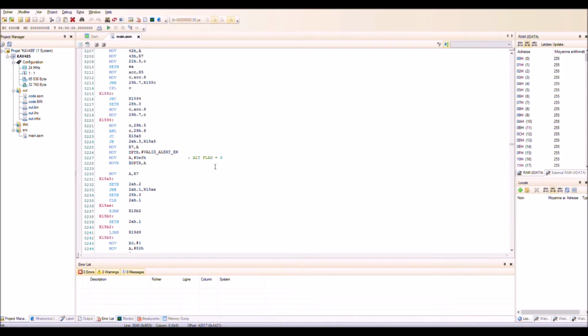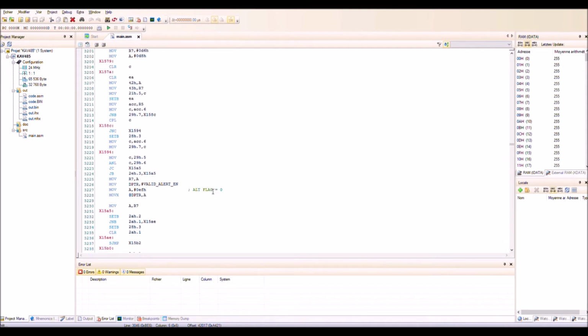We can find here the altitude flag, which is reset on this line here, this move X. But it is difficult to understand the reason of this. I wanted to do this disassembly in order to find the conditions for the reset of this flag. But as you can see, there are several bit tests. There is one here. There are some other tests. So it is quite complex.